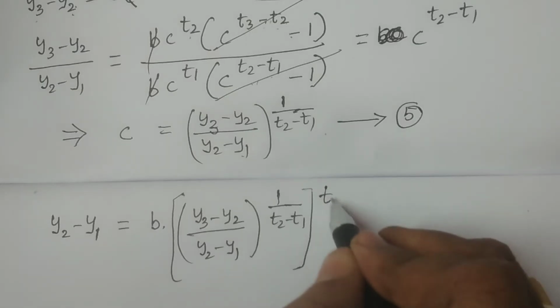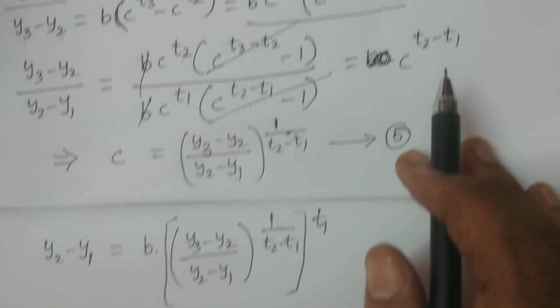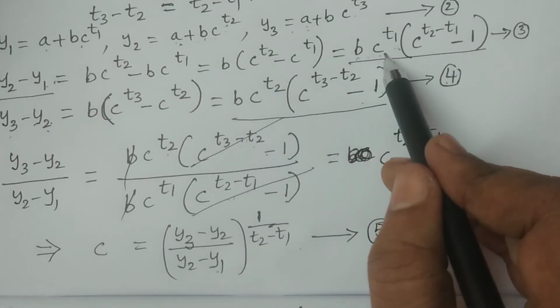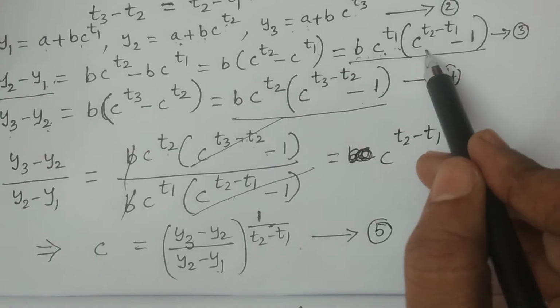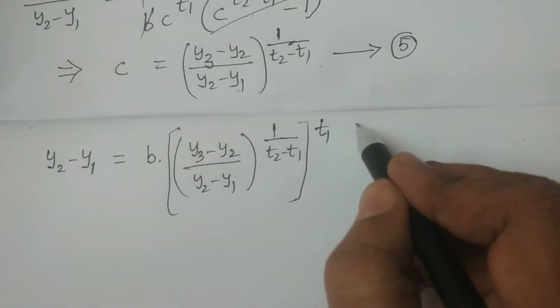t1. b into c power t1. It was finished. b into c power t1 multiplied by c power t2 minus t1 minus 1 multiplied by c power